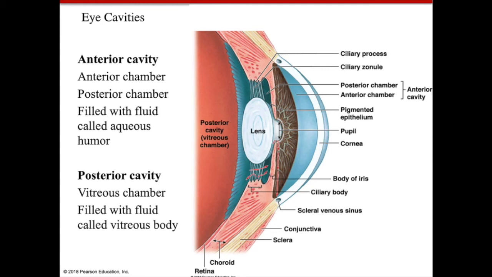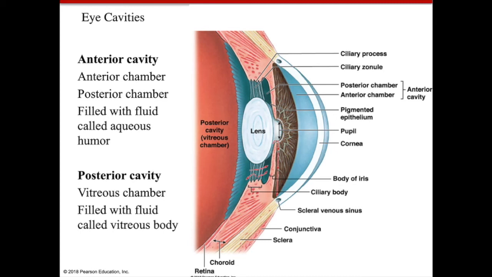The anterior cavity can be divided into two chambers: a more anterior one, which is anterior to the iris, and one that is posterior to the iris, called the posterior chamber. The anterior cavity is filled with aqueous humor. So a humor is a liquid that resembles water, whereas the posterior cavity is a vitreous body because it's a gelatin kind of structure that resembles